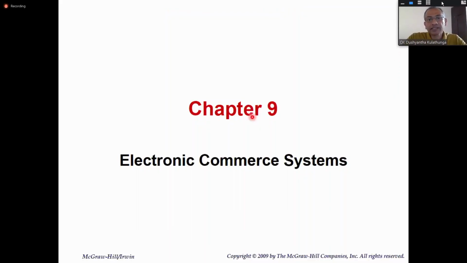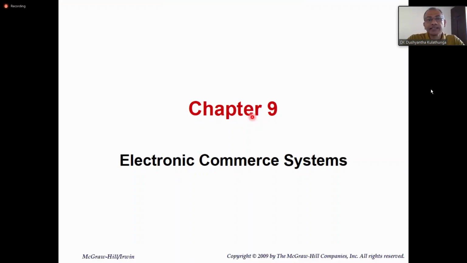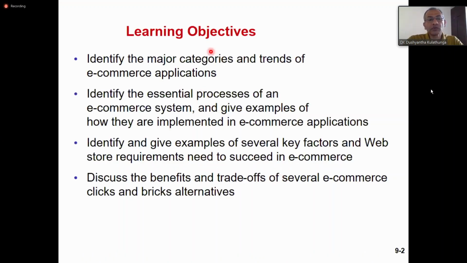Good afternoon. We will start chapter 9, electronic commerce systems. There are 4 learning objectives for this particular chapter. First one is to identify the major categories and trends of e-commerce applications. Here we are going to identify 3 major categories of